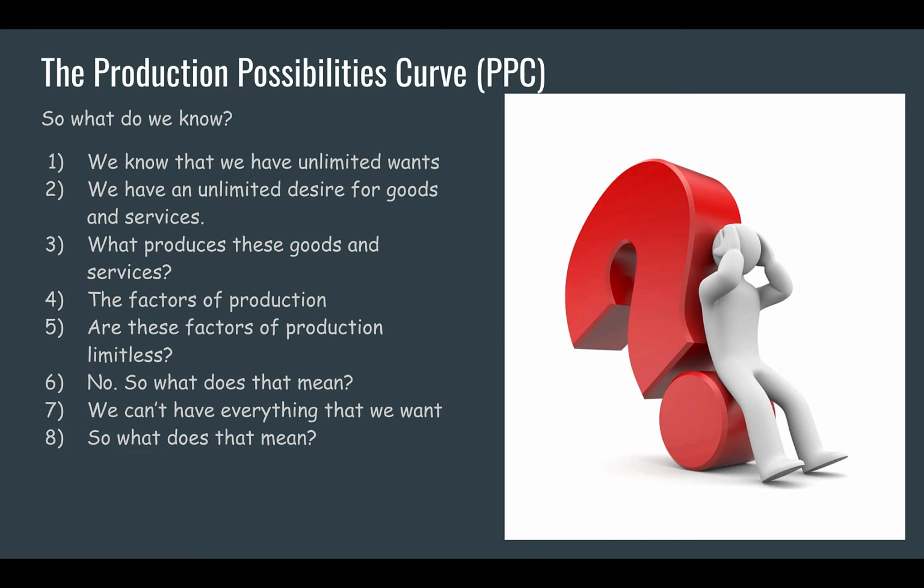Well, it means a few things. Essentially, we have to make choices, and choice means opportunity cost. Choice means giving up something to get something else. So I want you to understand that our factors of production can only produce so much, and they're not always